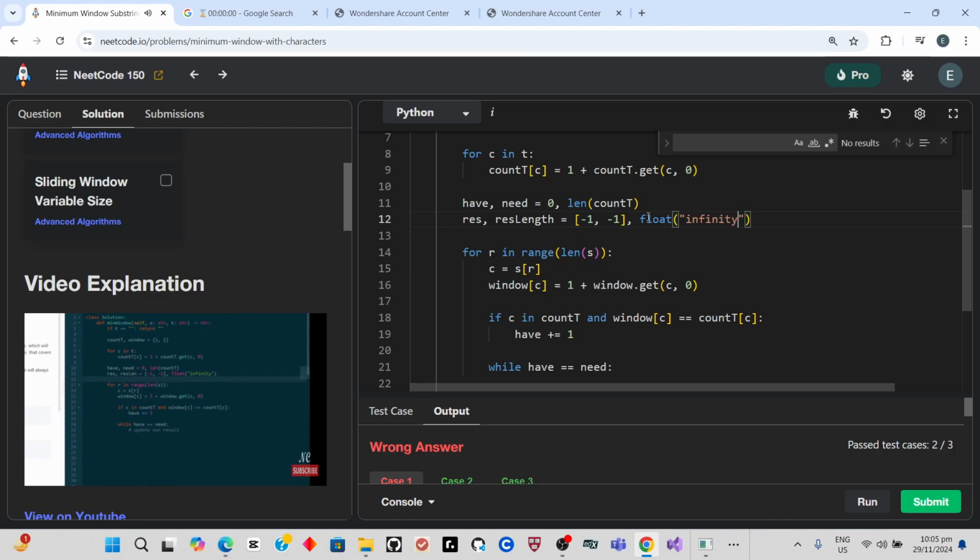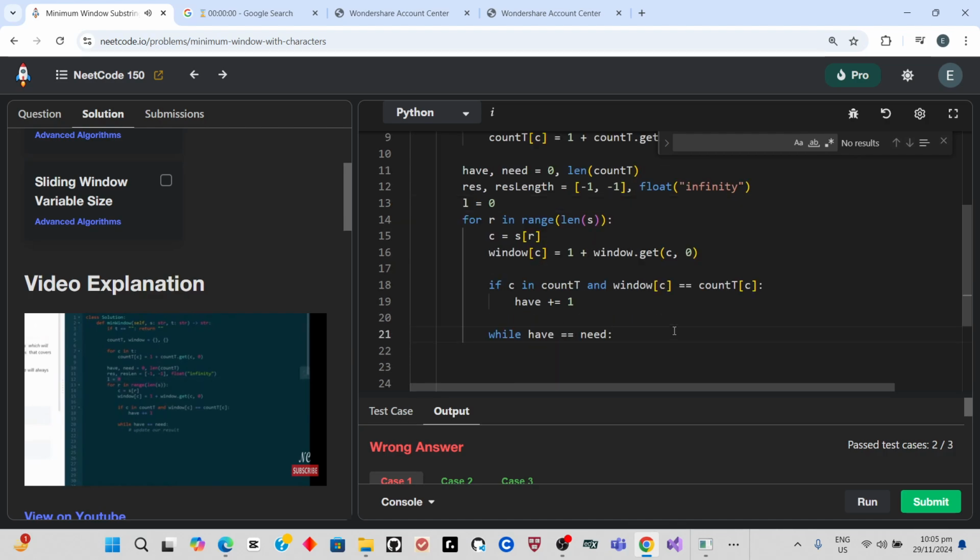Any value will obviously be less than infinity. And I'm also going to initialize a left pointer, because we know R tells us the right pointer. Left pointer will initially be set to 0. But now we can actually update our result. We know the condition has been met. So if the current length of our string, which is going to be R minus left plus 1, this is how you calculate the size of our current window,